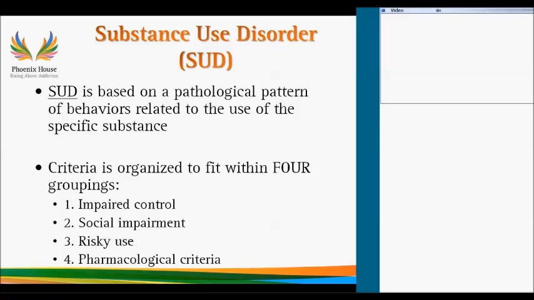What they did was they took the abuse criteria and the dependency criteria. And if you go back and look at that in the DSM-4, a lot of those symptoms kind of overlapped. Abuse was always seen as the more mild issue, dependency really seen as the more severe, and dependency really required tolerance and withdrawal as a diagnostic criteria. That is not the case. What they did is they took all of those symptoms of abuse and dependency and combined them so that it made sense based on the different substances.